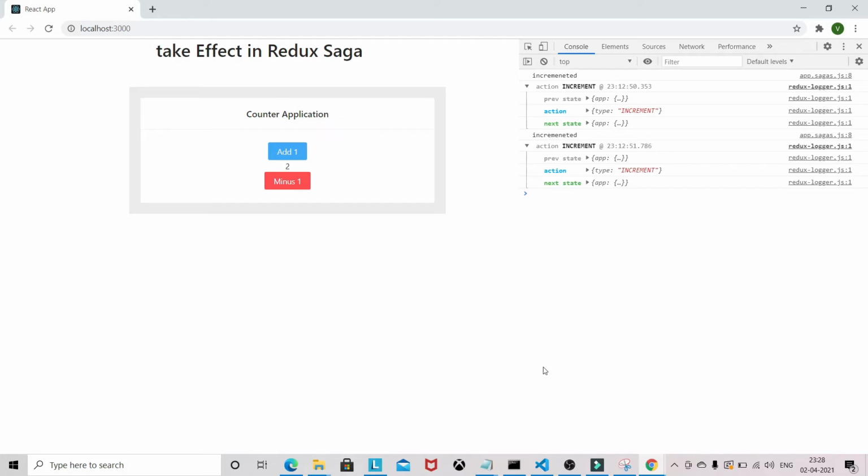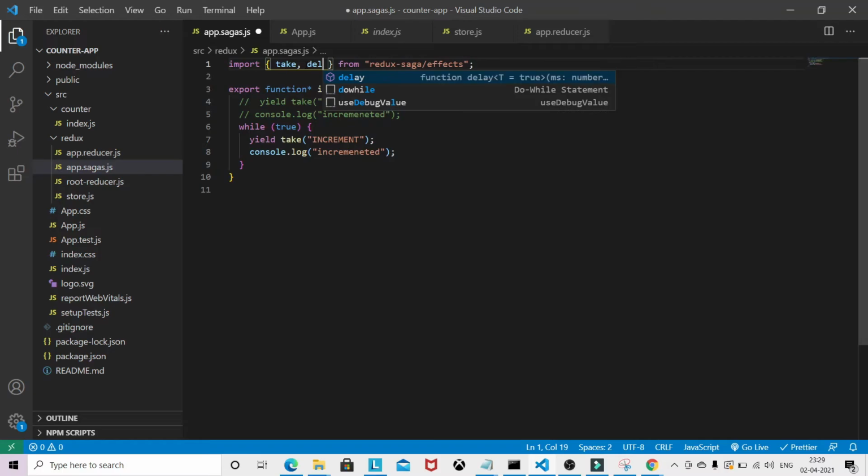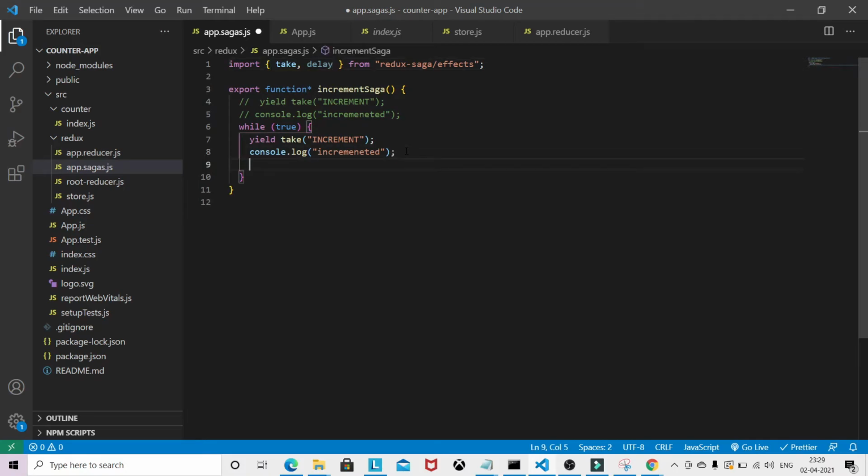But again, we have an issue with this approach as well, because if I put a setTimeout, Redux Saga provides a delay, which works similar to setTimeout.